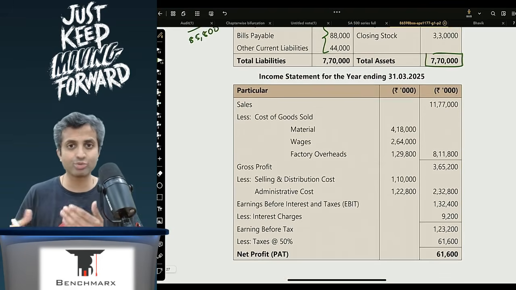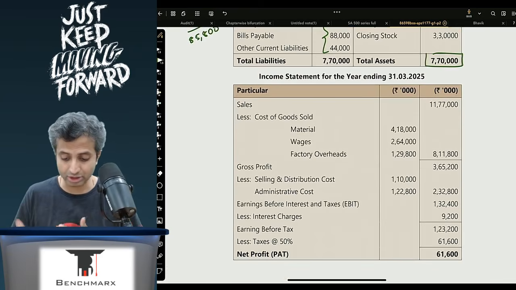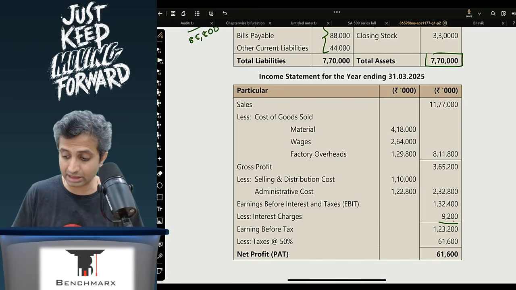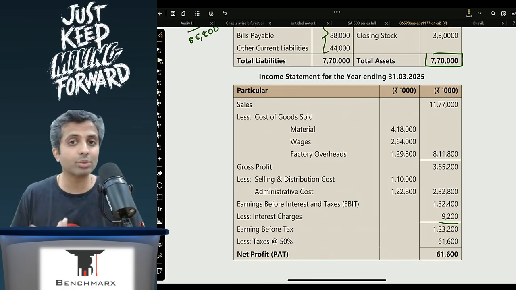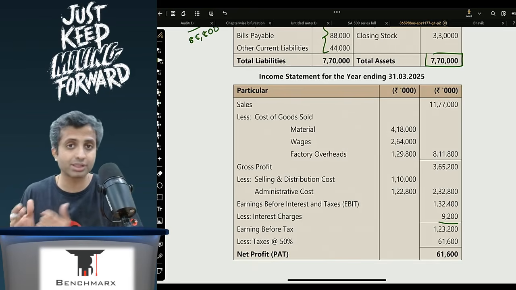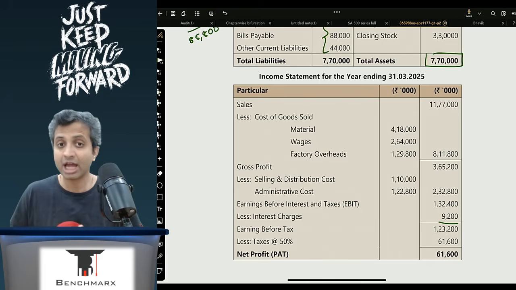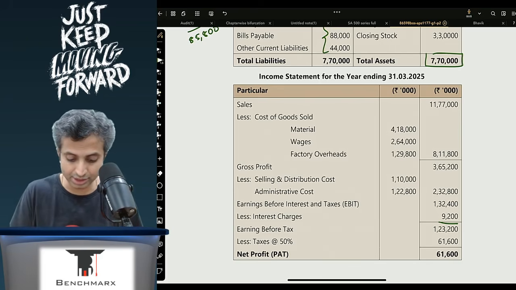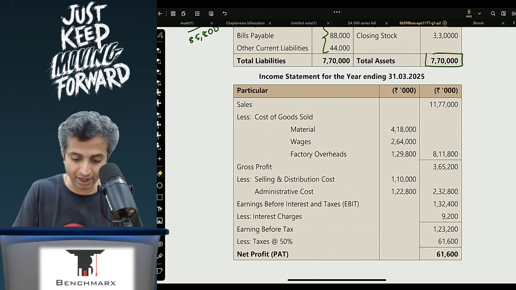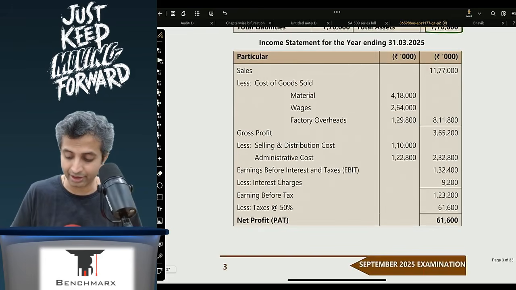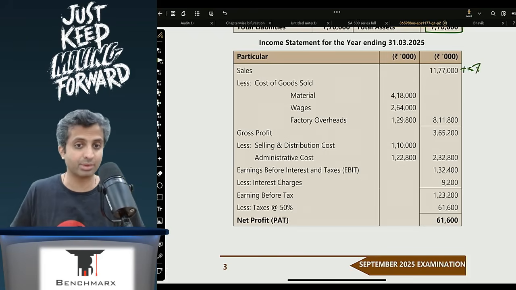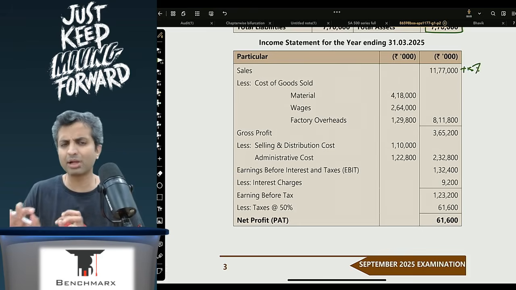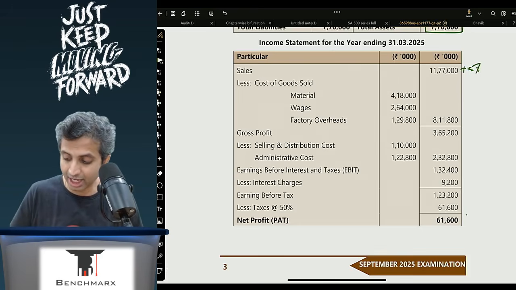Now we are assuming that if all else remains constant, even your interest etc will change proportionately. We are not assuming any fixed cost over here. We are assuming everything will change proportionately, because if you need more funds, that will need more debt, and if there's more debt, there'll be more interest. That is what the institute has assumed. So over here, if I have 61,600 of PAT, if sales were to increase by 15% and everything below that is variable. Now this is arguable and debatable. However, the institute has solved this assuming everything else is variable in the exact same proportion.